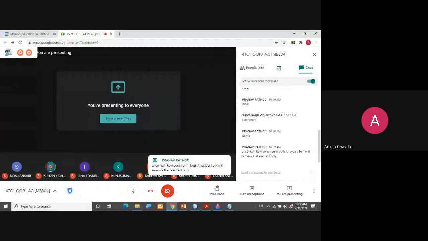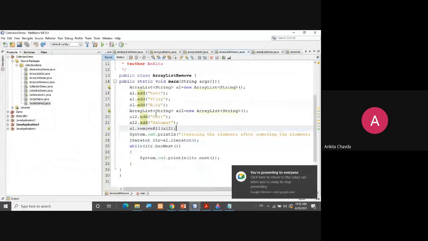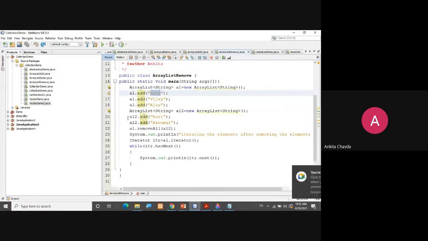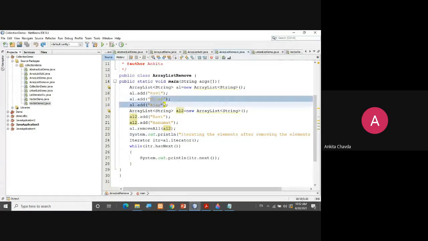Yes, al contains Ravi, which is common in both lists, so that element will be removed. It is removing this Ravi, which is already contained in al2, right? It will remove from al whatever elements we have in al2. Correct, Pranav. That is why it is showing only Vijay and Ajay.